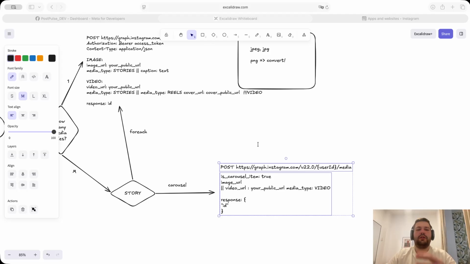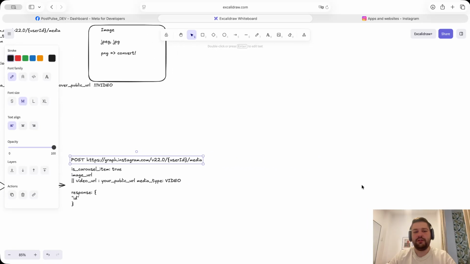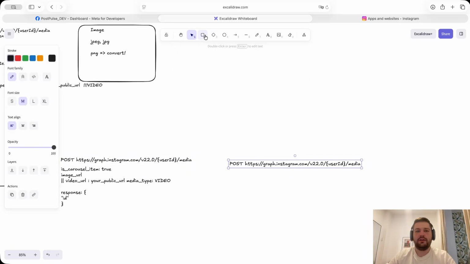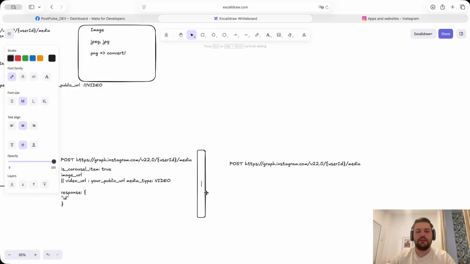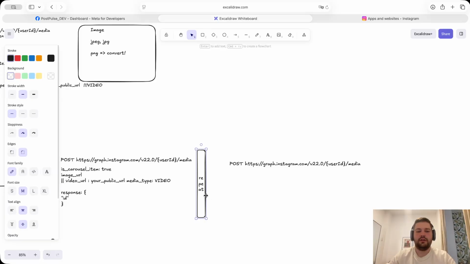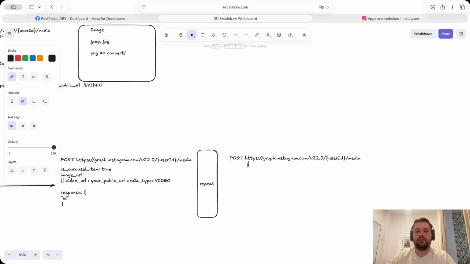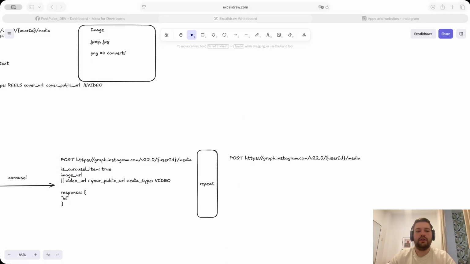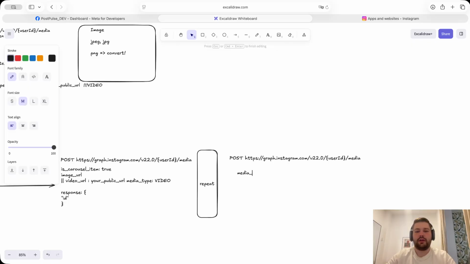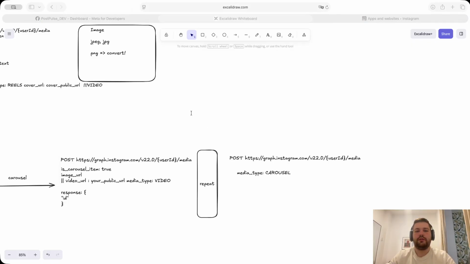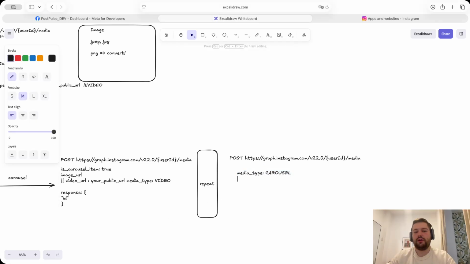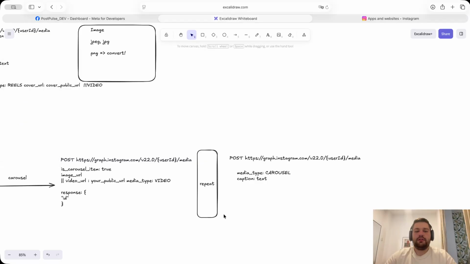Okay, so how to make this carousel request? We will have the same post media call, and we need to make the call to make the carousel request. In our media type we will mention Carousel itself. Then here we will have a caption, which is the text of your post. And then you need to have children,